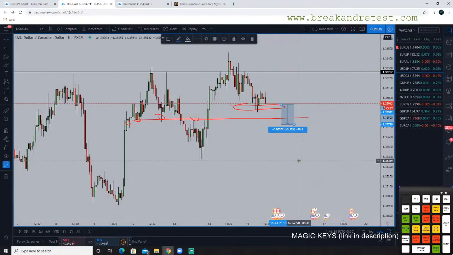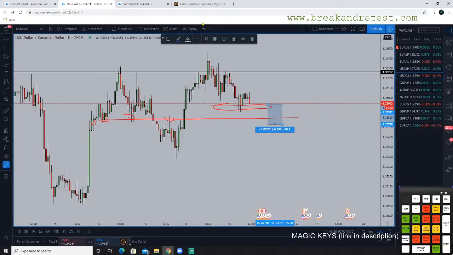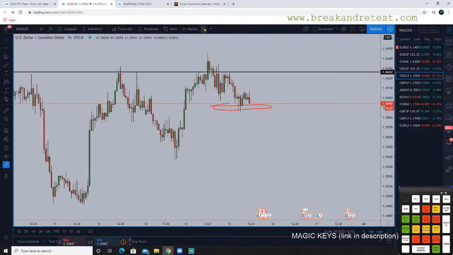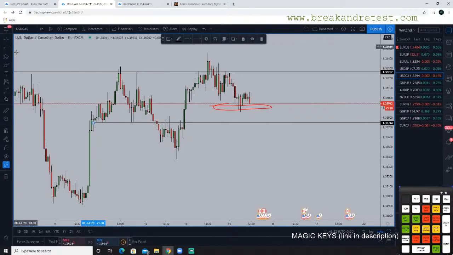Honestly I don't see a better setup than taking it from this zone here. So unless price comes all the way down here, makes a retest and continuation, I don't see a trade on USD CAD,